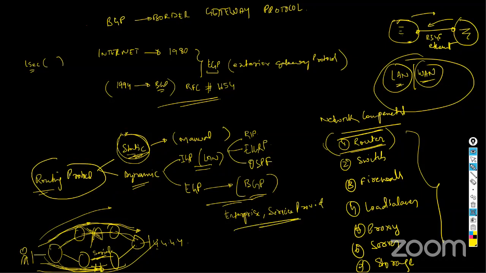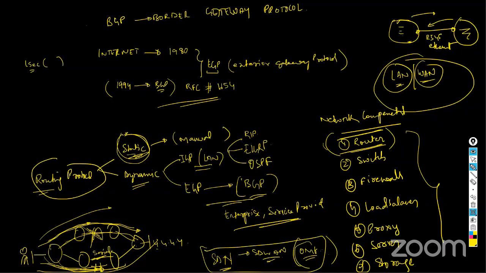Okay, so these two domains are still making use of BGP, but there is an alternative when we talk about the SDN network, especially in the case of SD-WAN. In SD-WAN, we don't make use of BGP. We have its own protocol, which is called OMP, Overlay Management Protocol. So don't get confused. This is a protocol which is an alternative to BGP in the case of SD-WAN.